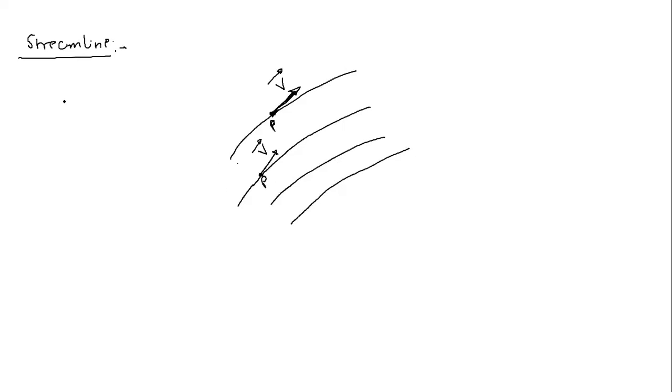Okay, so just remember, let me write down here. Streamline at any instant. Always remember that we are going to check this property, this behavior, at any instant of time. So we are drawing the tangent to the streamline at a particular point at any instant of time t, correct? So it is an imaginary line.